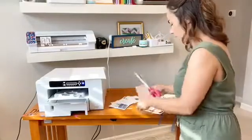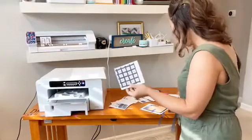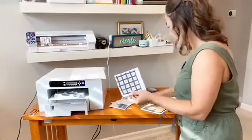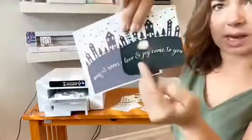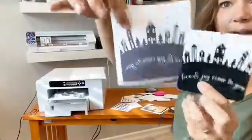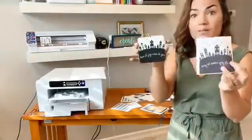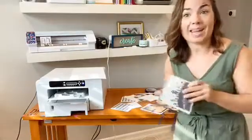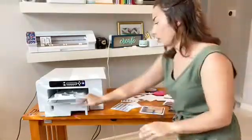Okay, cut all these. Now, don't be alarmed. Obviously this is black, but what you can see is that the black is not the same color as the print. So see how this one's real vibrant and this is not? This is how it prints. When you apply the heat and the pressure, that's when you get the really vibrant color. So if you're printing something like red and when you print it, it comes out like a maroonish color, don't worry. When you press it, it will...